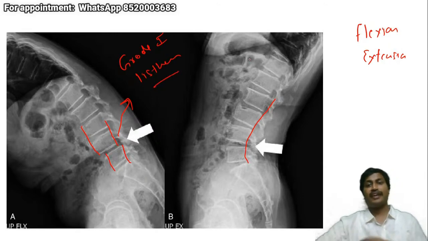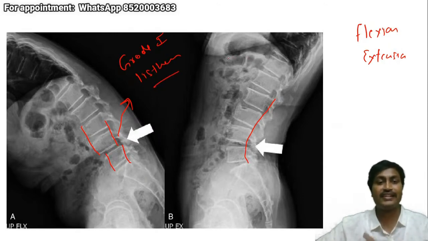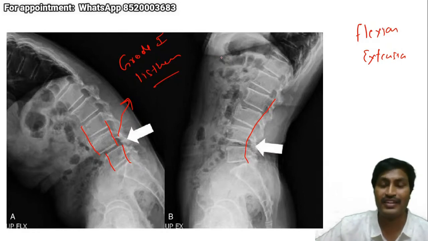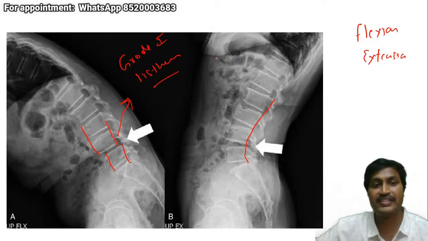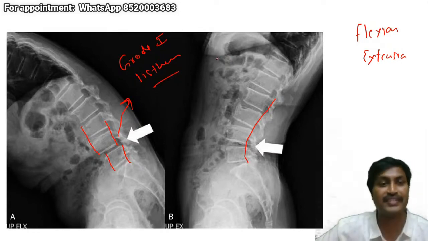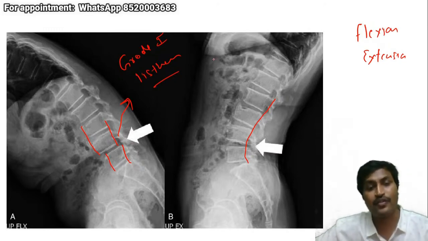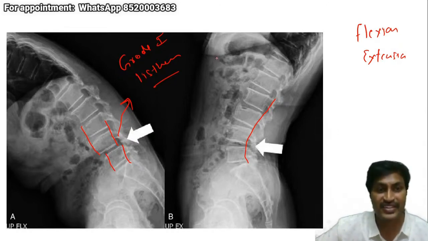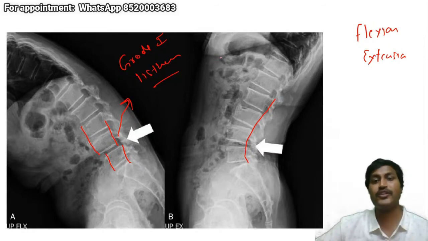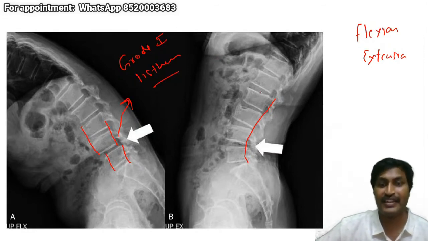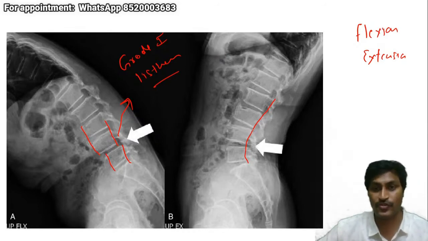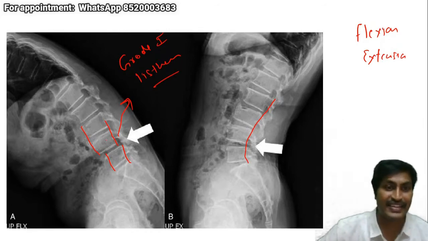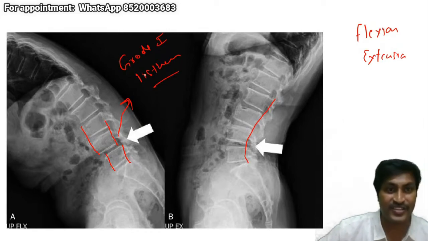If you take a neutral X-ray and you say that there is nothing abnormal in the X-ray, that is wrong. No investigation for a patient with lower back pain is complete. Even if an MRI is already done, you will have to ask for an X-ray lumbosacral spine flexion extension. Only when in flexion extension there is no mobility, then you can say that there is no listhesis. This patient has no listhesis in neutral position, and doesn't have listhesis in extension position, but he has a listhesis in flexion position, and that is grade 1 listhesis.